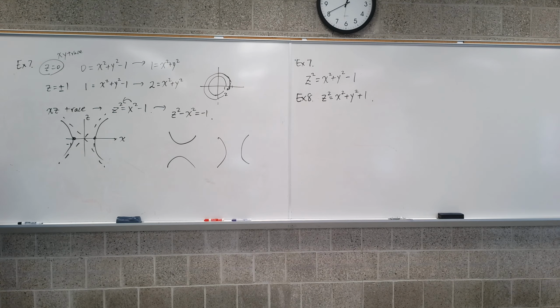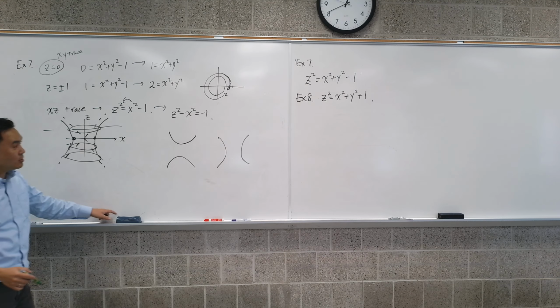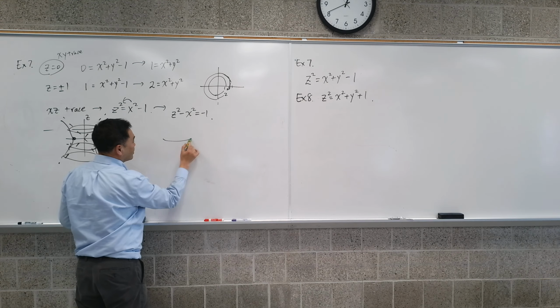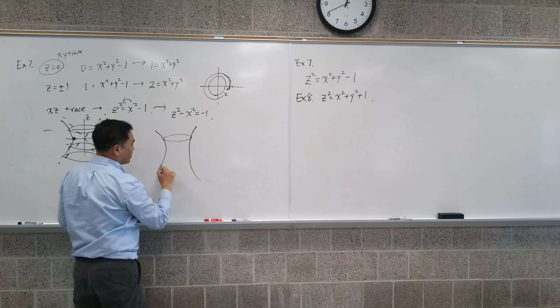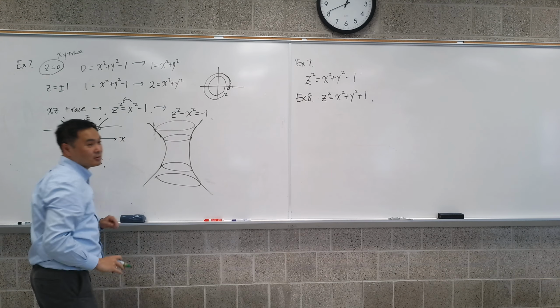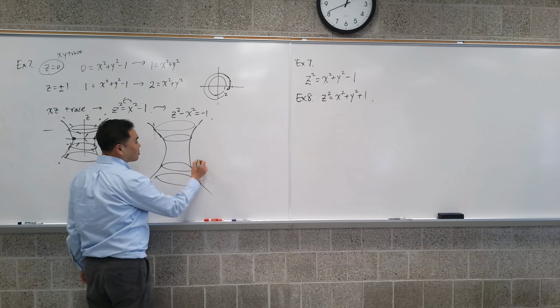So now try to picture what's going on with all the cross sections. See, if this is x, then y is going into the board and z is out. So that's a three-dimensional picture. And if you take all the cross sections, these are all circles. Okay, that's the shape of this thing, and this is known as a hyperboloid